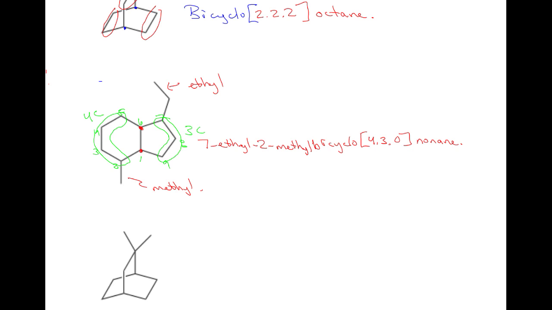And I want to point out the numbering. Why did I count those rings in the way that I did? Because you have to start at a bridgehead carbon. You always start, number 1 has to be at a bridgehead carbon. So it'd have to be at one of these 2 carbons. But I'm going to number it in such a way that, again,